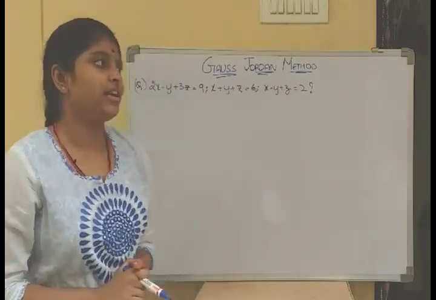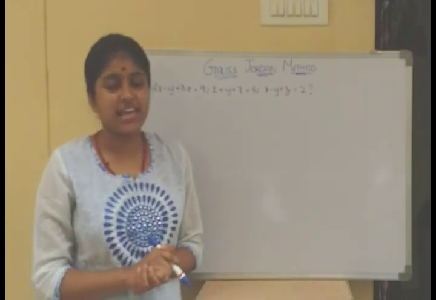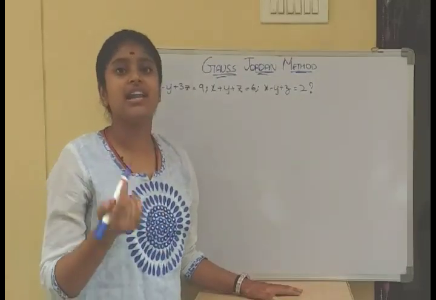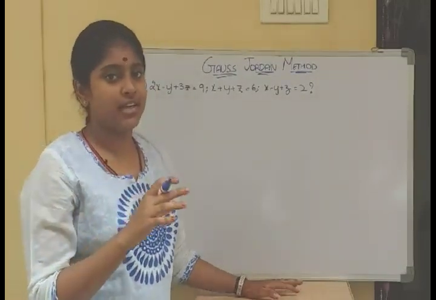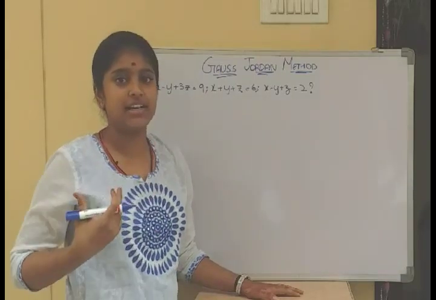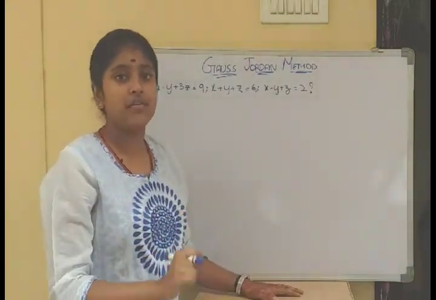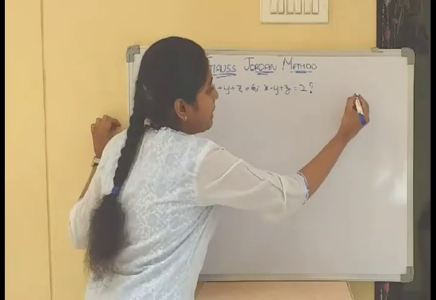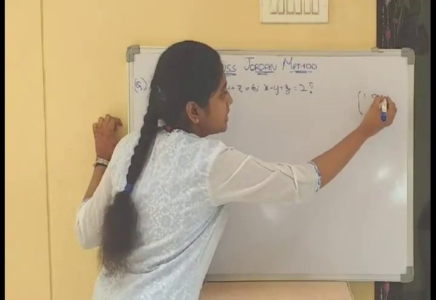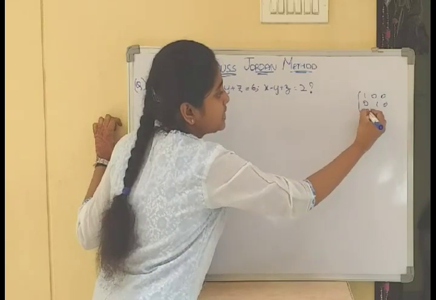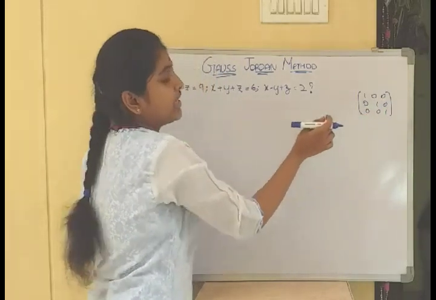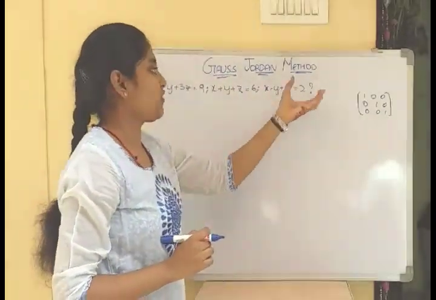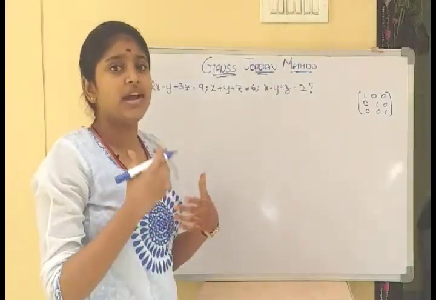In Cramer's rule we found the x, y and z values. In this also we need to find x, y and z values, but by another process. There we determined the matrix and found the delta 1, delta 2, delta 3 values. Now here we will take the equations into matrix form, and we will convert that matrix into the identity matrix, that is 1 0 0, 0 1 0, 0 0 1, and we will read off the values of x, y and z at the end. Now getting into the process.